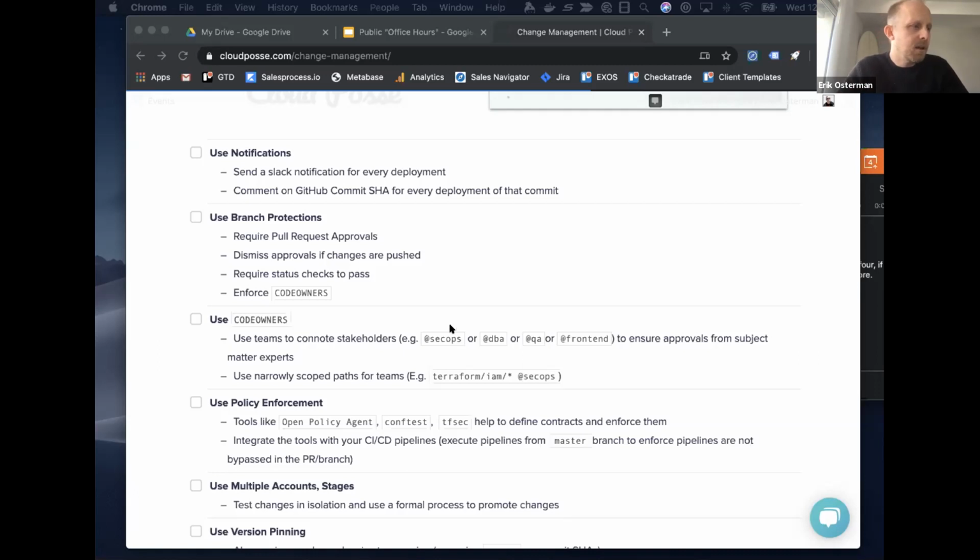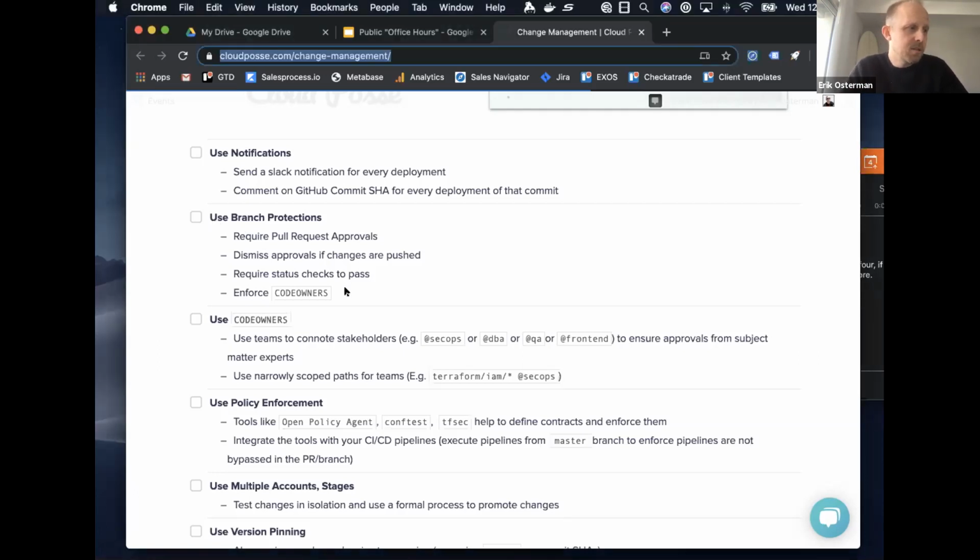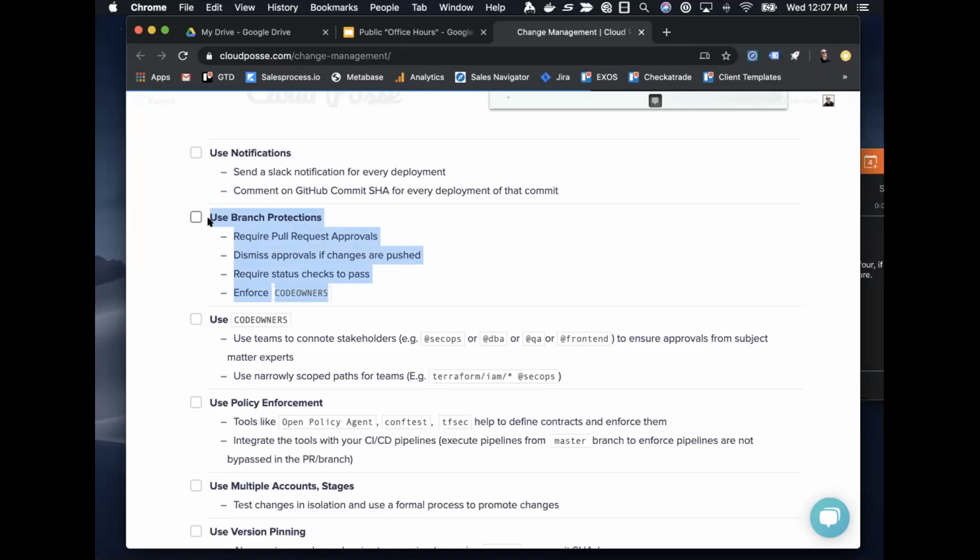So, as I was talking about earlier, is using branch protections. This is very much key to enforcing when things change. This is something GitHub supports very well. I'm less familiar with GitLab and Bitbucket. Any users here using GitLab and Bitbucket? How much of the branch protection functionality do they have compared to GitHub? Are we assuming open source or paid? Both. And if you can make the delineation, that'd be great.